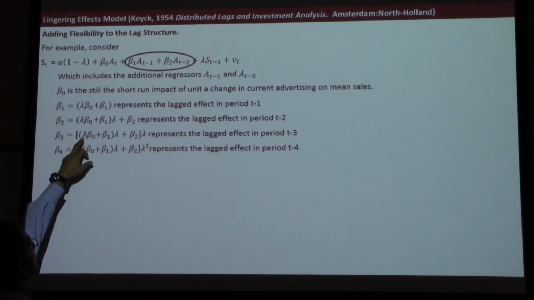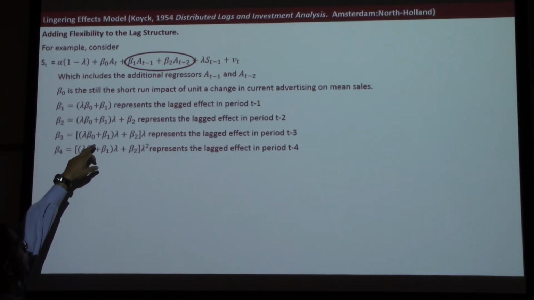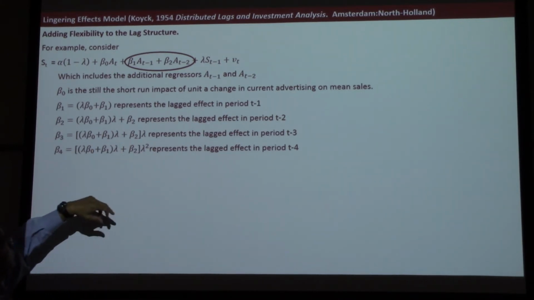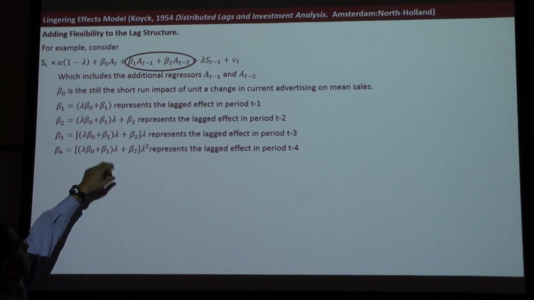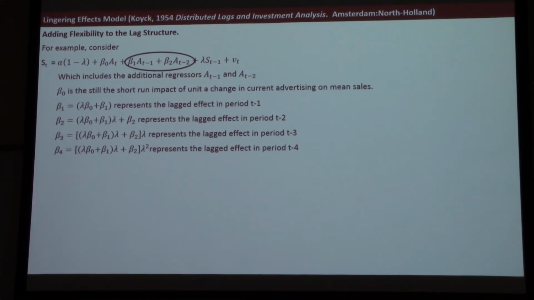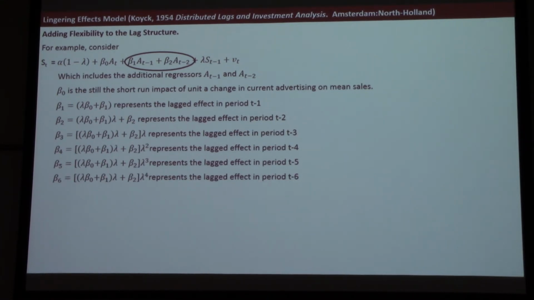2 periods later, it's going to be lambda times beta 0 plus beta 1, times lambda, plus beta 2. 3 periods later, it's going to be lambda times beta 0 plus beta 1, times lambda, plus beta 2, times lambda. That's 3 periods. 4 periods later, it's going to be that lambda squared. 5 periods, it'll be lambda cubed. 6 periods, lambda to the 4th power, and so on. So once we see this pattern repeating,